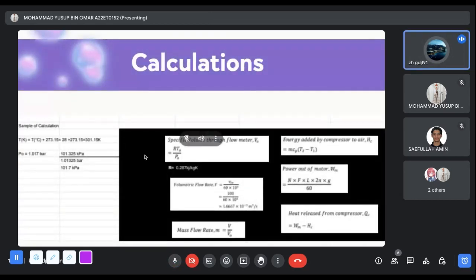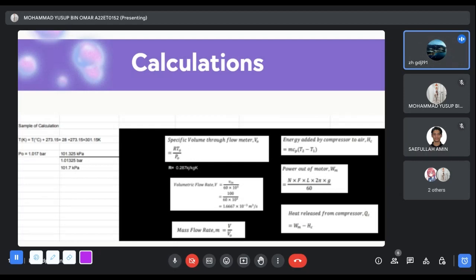So, a sample of calculations here. We use several formulas to calculate. First of all, we calculate the temperature in Kelvin, and then we convert the pressure into kilopascals, and then we calculate the specific